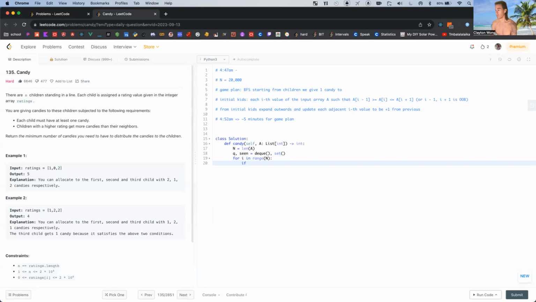if a sub I minus 1 is greater than or equal to a sub I, and I plus 1 meets n, or a sub I is less than or equal to a sub I plus 1, this and that, then it's part of the Q. And the ith value, seen add ith value, and then